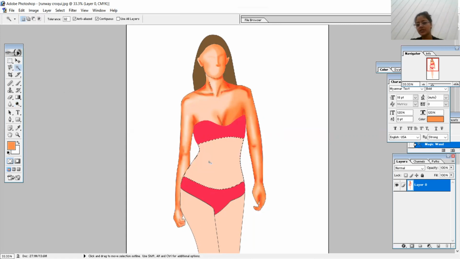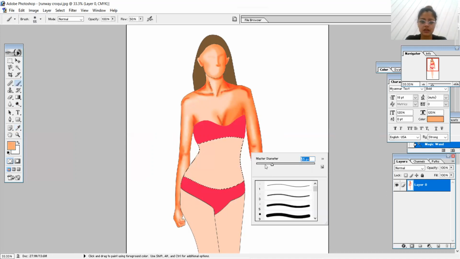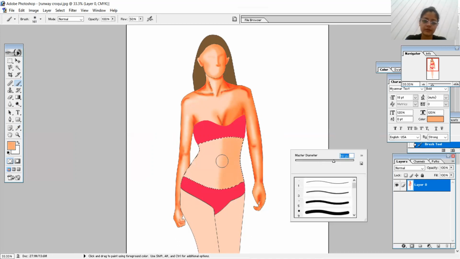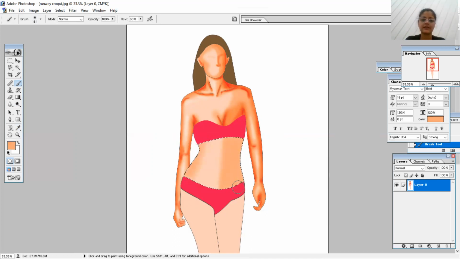Coming on to the belly section. First of all, take the second shade, make the right part appear dark fully, and the left very less. After that, what we need to do is take the second shade, that is this one, take the burn tool and make it dark, more dark, the right part.